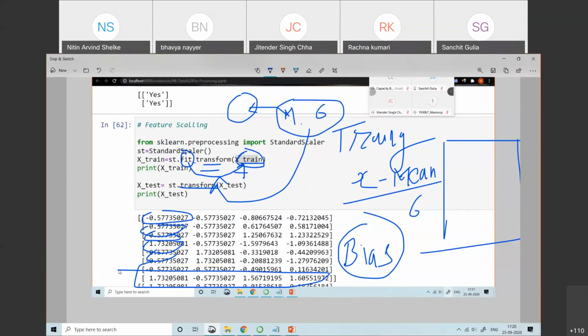Somehow it is a complicated thing; you'll not get the answer to this question anywhere. It's the most important question: why we apply fit underscore transform on the training data set and why we apply the transform on the testing data set. Whatever mean and sigma we have calculated on the training data set, the same mean and sigma we will use on the testing data set also. And for what purpose? Because we want the same kind of data, which means we don't want biasing in our data.